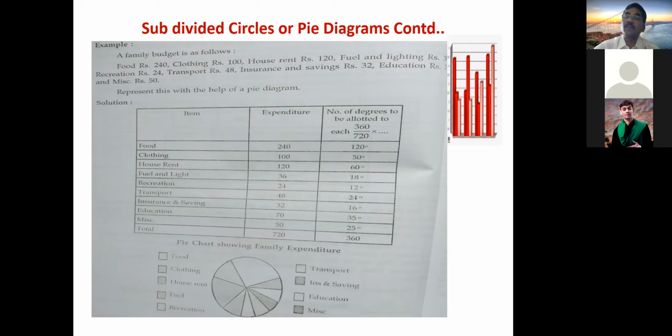For the next problem, say for example, another problem is given. There are also 6 components, and all put together the total is 400. Then you have to write 360 by 400. So you take the total value of the measurement of all the components, and write 360 divided by the total measurement, multiplied by each component's measurement. Then only will you get each component's degrees. Once you get the degrees, you can divide the circle on the basis of the degrees that you ascertained. This is the important point.